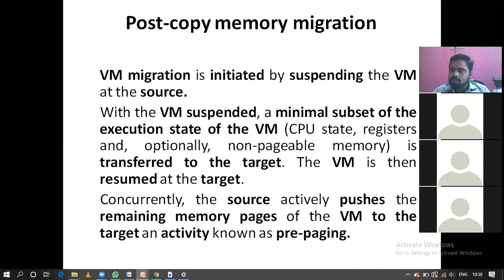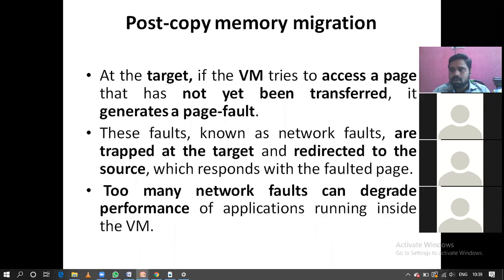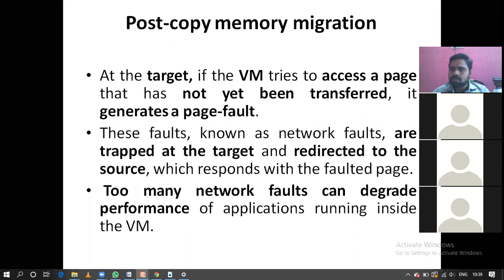Meanwhile, this target machine is running. If at any point of time it wants to execute a page that is not there on the destination side, we call it a page fault or network fault. Whenever a network fault occurs, the target machine stops the execution, redirects to the source, brings that page to the target machine, and executes it.